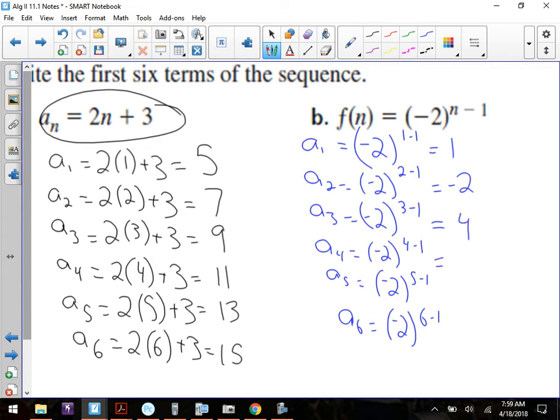The fourth term in the sequence would be, very good, 16. You don't need a calculator, you're just multiplying it again by -2. And this would be -32. Now, I wanted to make sure I showed you guys this one with, notice how the values within the